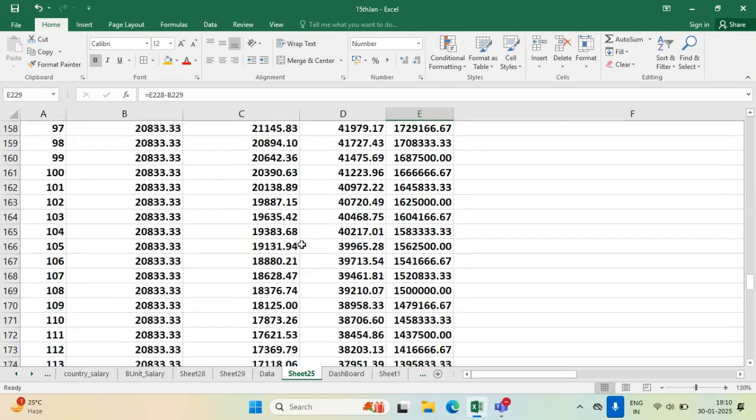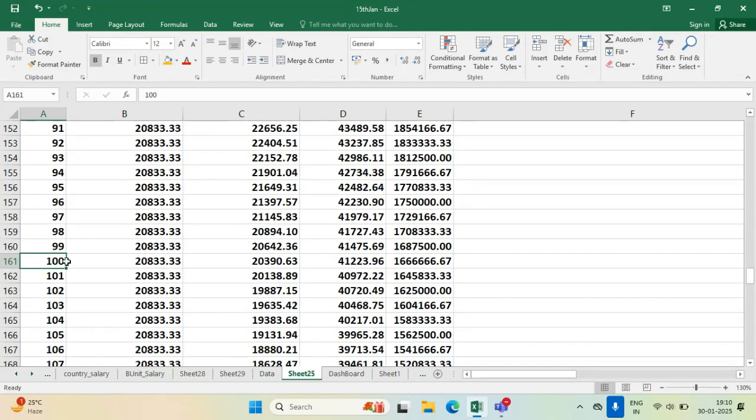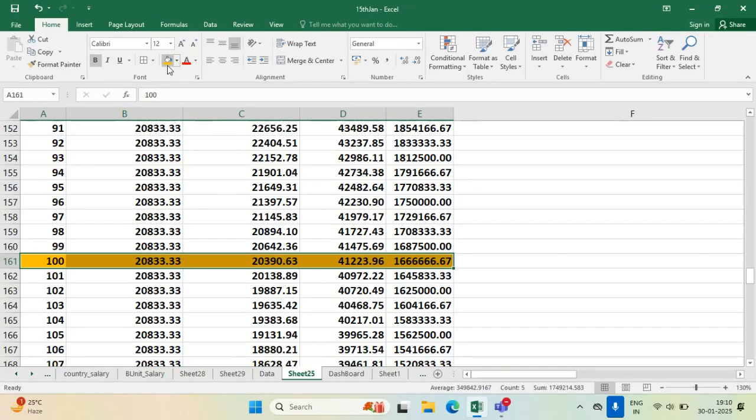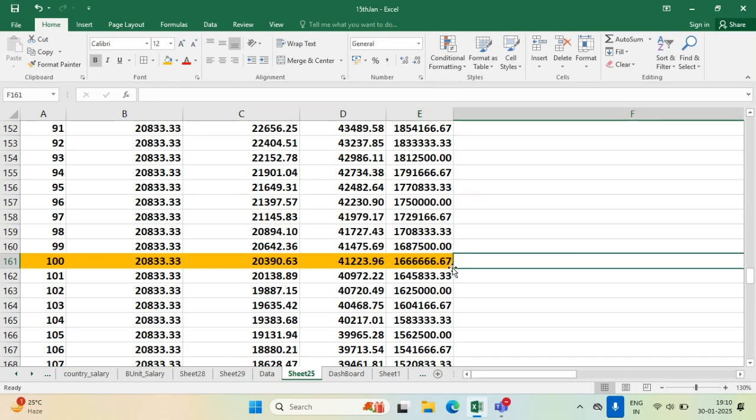Suppose after the 100th installment here, the person wants to repay some substantial amount, say maybe 5 lakh rupees here. So when the person is paying 5 lakh rupees here, which is not as per the pre-agreed plan,